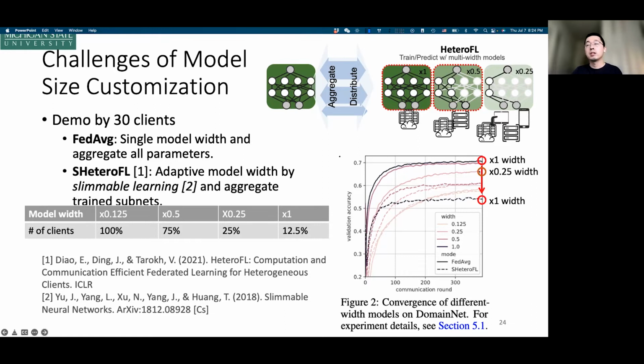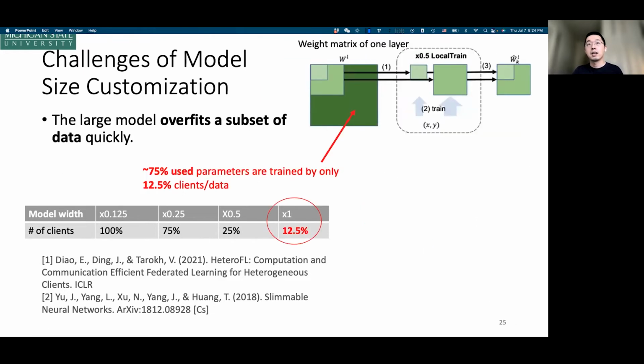And we noticed the only difference between the small network and the large customized model is that they are trained on different sizes of data. We can easily find in this table that the full size network in the customizable learning is only trained on 12.5% of all clients.